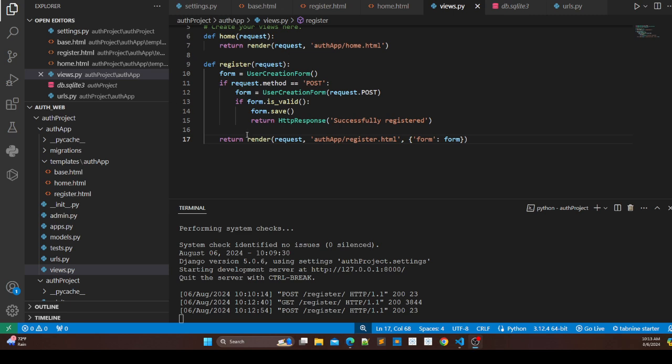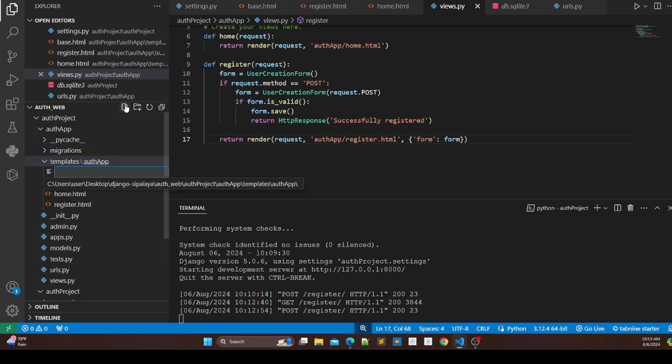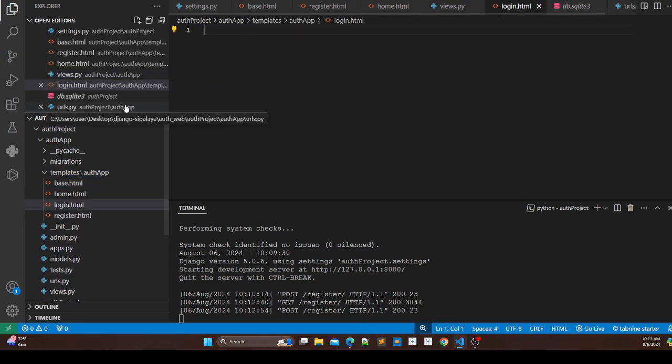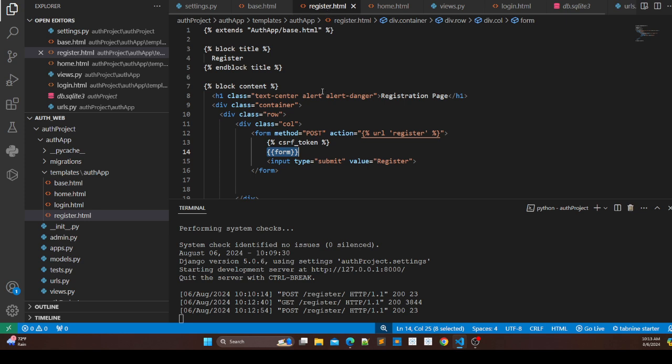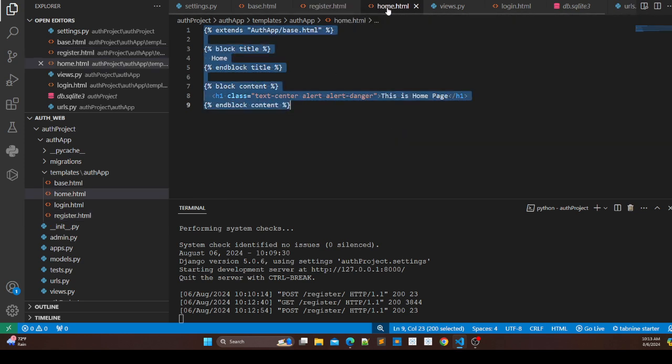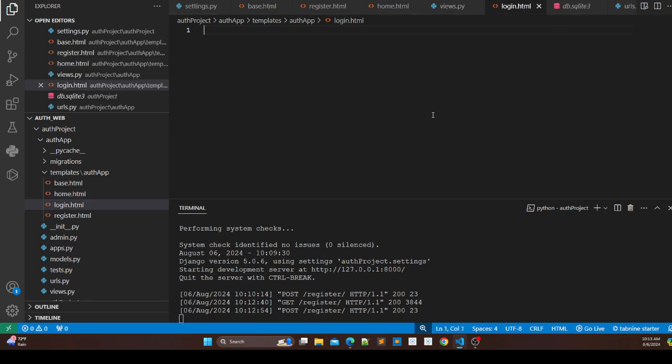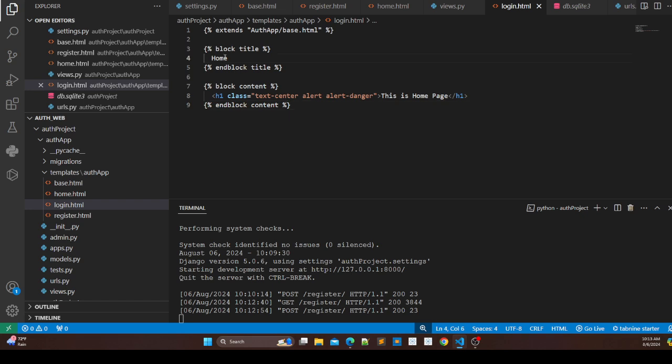After this, what we are going to do now is work on login.html. For that login.html, I'm going to create it inside this auth app. From home.html, I'm going to copy all this code and just paste it in login.html. The title is going to be login,